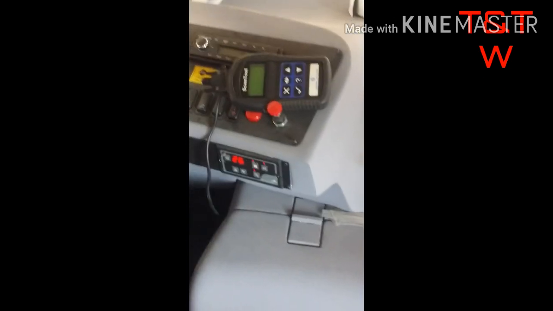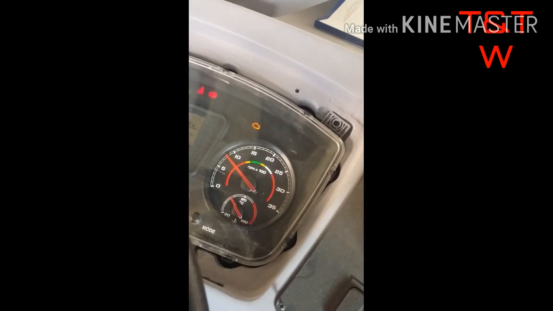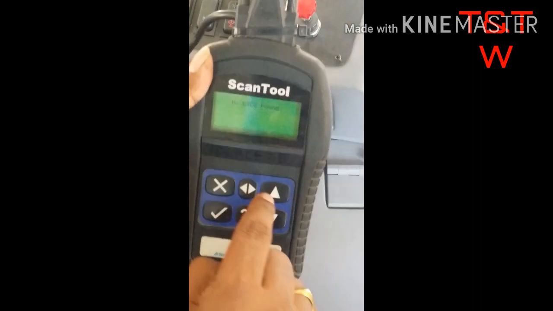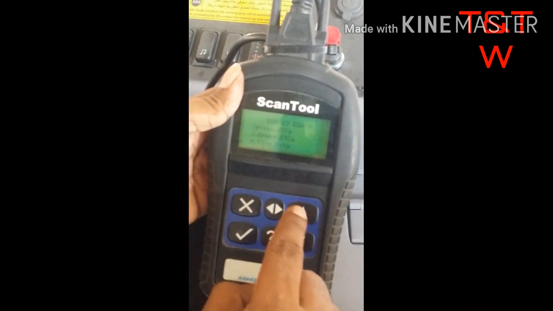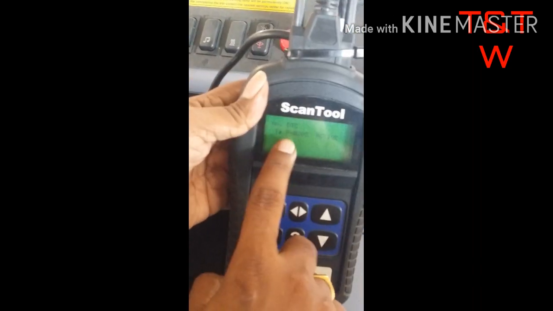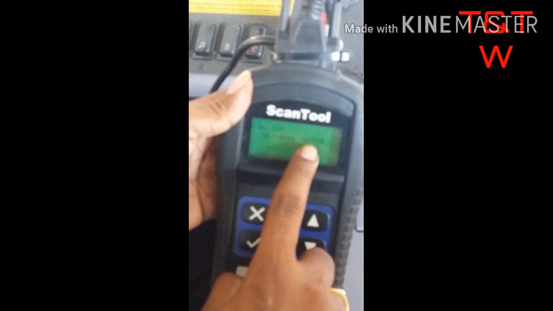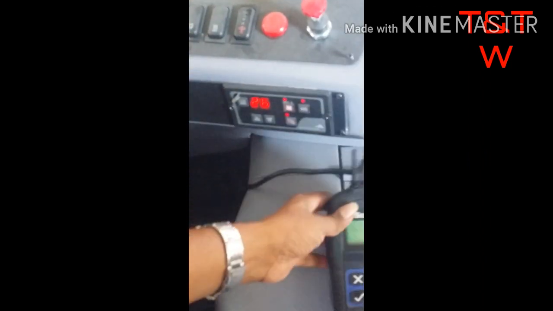Pull it downwards, pull it downwards. Now you can see engine vibration is there, warning light is also on. Now there should be a live code. It's showing no DTCs found. Go back. Give again view DTCs. See P0205 active. The code is active, that is why light is on.